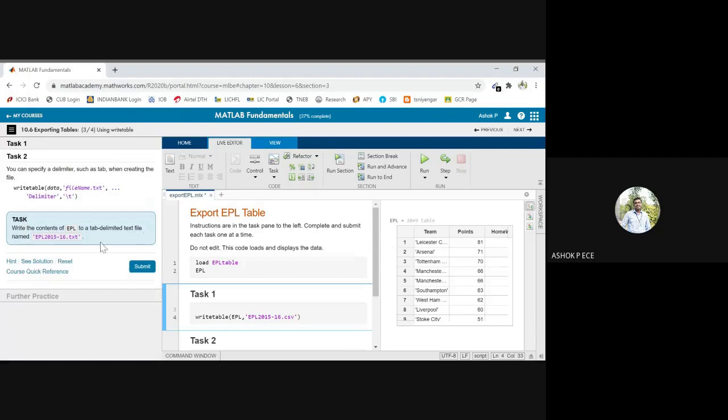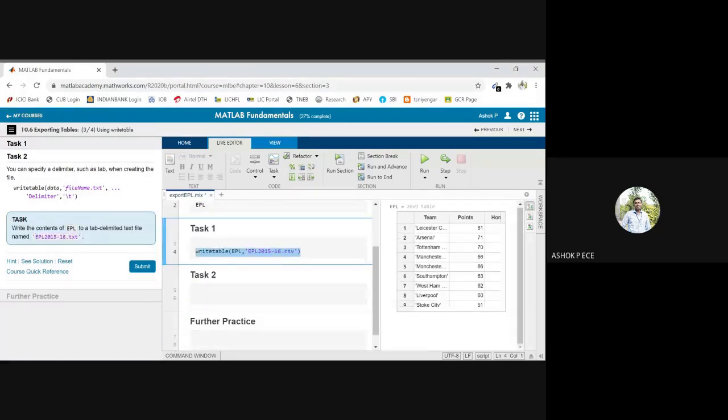Yes. Now the same thing into this text file. So this text, the name is only different. I'm going to copy this text file name. Now if I submit,